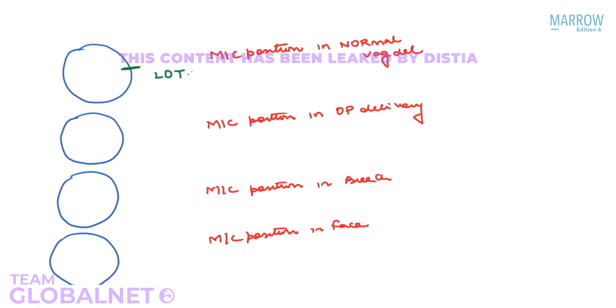Now, if they ask you which is the most common position in occipito-posterior delivery, the most common position will be ROP, right occipito-posterior position, right? If they ask you what is the most common position in breech, now when you are talking